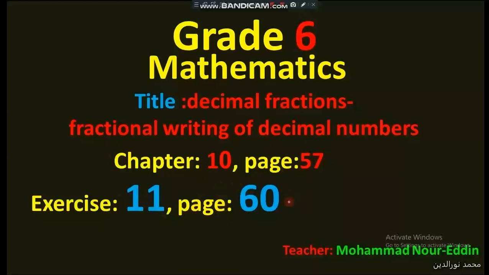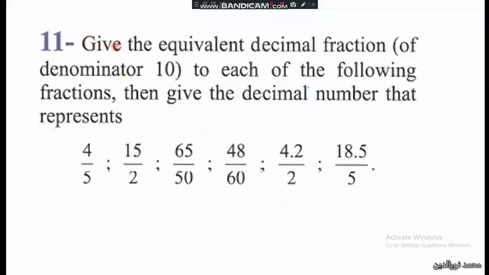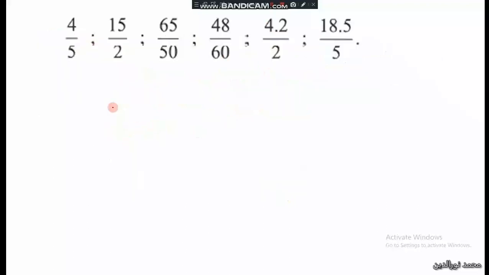Exercise 11 on page 60. Give the equivalent decimal fractions of denominator 10 to each of the following fractions, then give the decimal number that it represents. So 4/5. For the first step we have to convert it into a fraction of denominator 10, so we